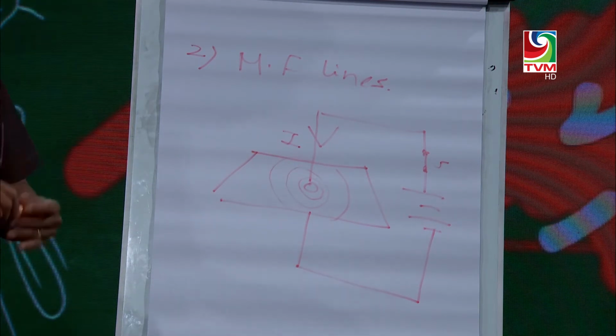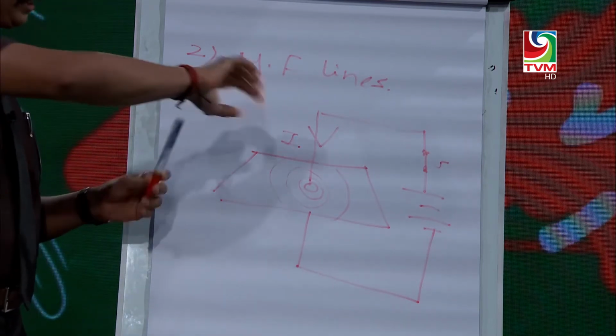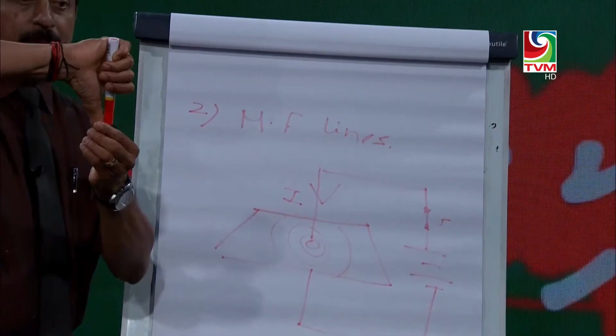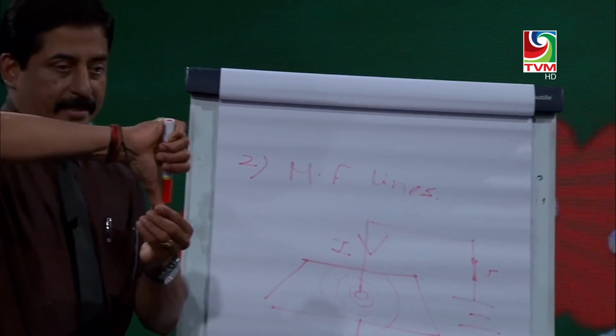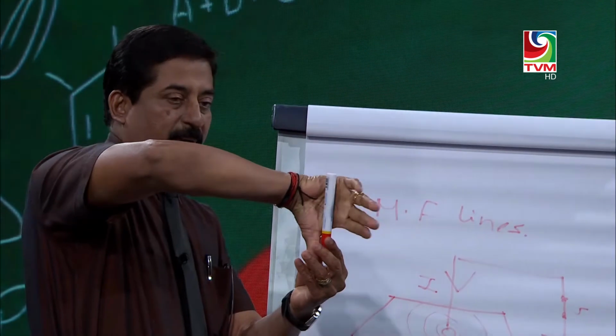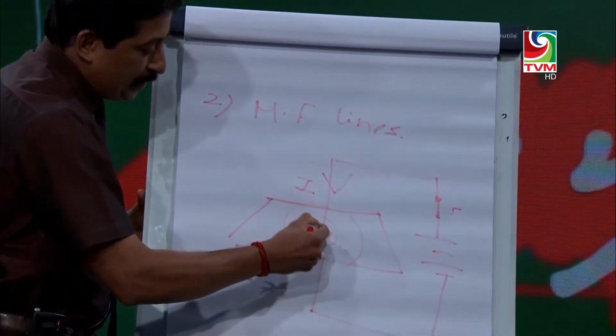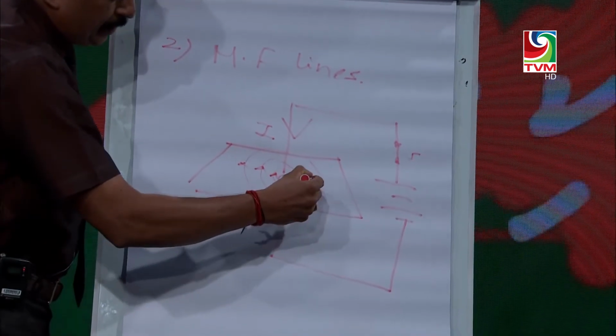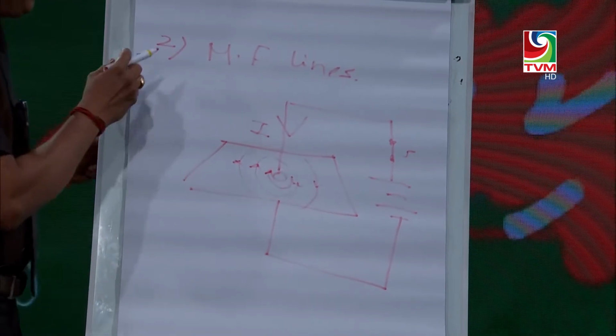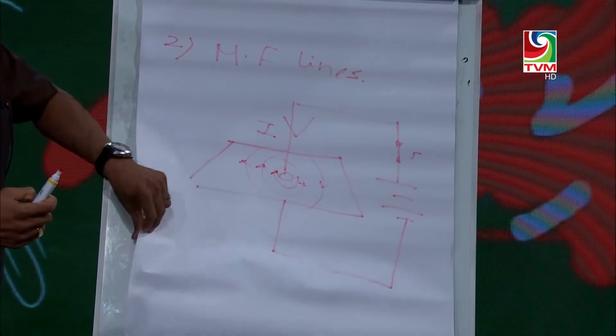Imagine gripping the conductor by using your right hand. Say for example, this is the conductor. I am gripping like this so that the thumb points in the conventional current direction, and the fingers give the direction of the magnetic field lines. So in this case, the field lines are clockwise. So this is the second application of the right-hand grip rule. The third application